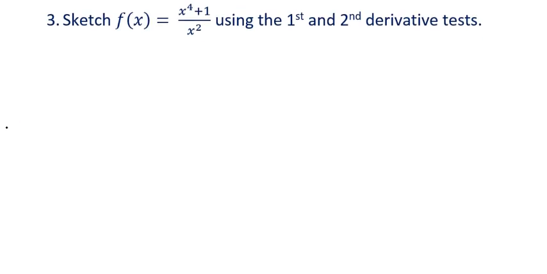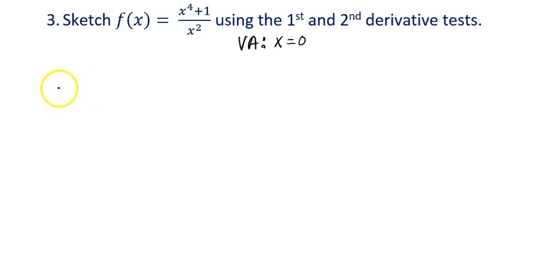Okay, our last example I chose, it's a little bit different because it is a rational graph, and you will have a vertical asymptote, and that qualifies as a critical point, and that's going to be a place where the graph can change. You have to actually consider that in your number line. So first of all, where would this have a vertical asymptote? What would make the bottom 0 would be a 0. So you need to keep that in mind, that you have a vertical asymptote at x equals 0. That means when you do your number lines, you will include 0 because the graph could be different on each side of that. You still go through the same process,